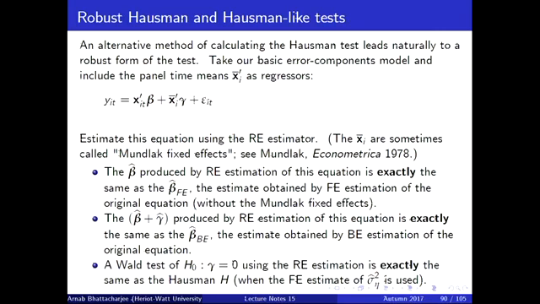Now what happens in this model, the beta hat which is produced here will be exactly the same as the fixed effects estimator. Why? Because this thing is really like a